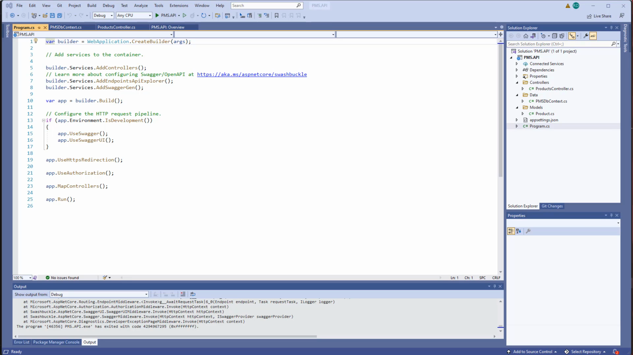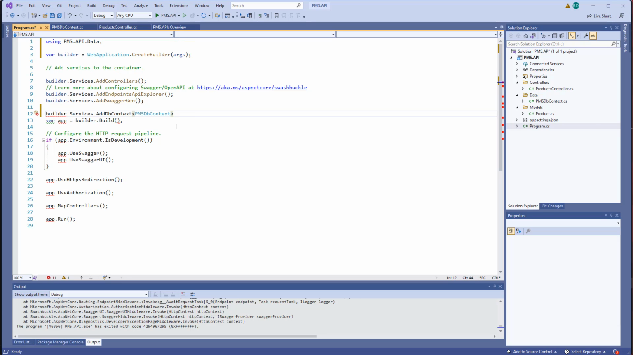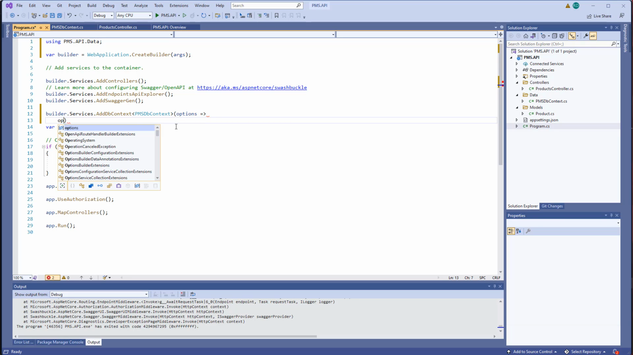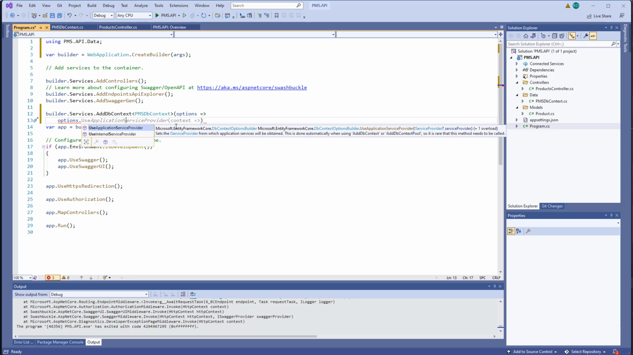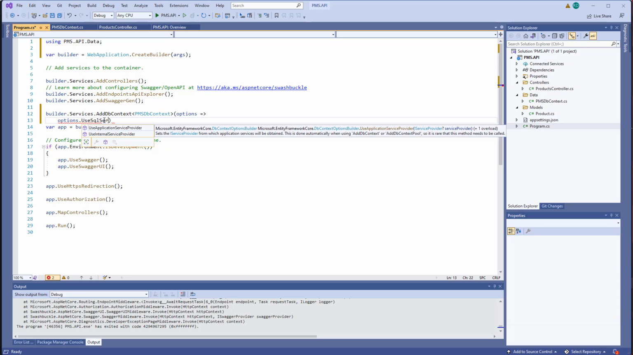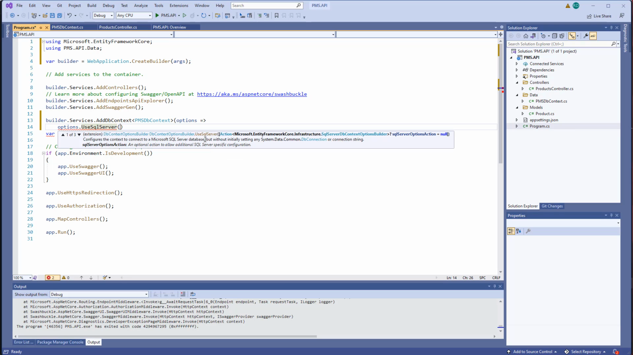Let's go into the Program.cs. So to use the dependency injection, we're gonna use builder.Services.AddDbContext. Okay, and our DbContext name is PMSDbContext. Control dot, import the namespace, and then options, such as, you're gonna use options.UseSqlServer. Control dot, we need to import this Microsoft.EntityFrameworkCore. Then we have to pass the